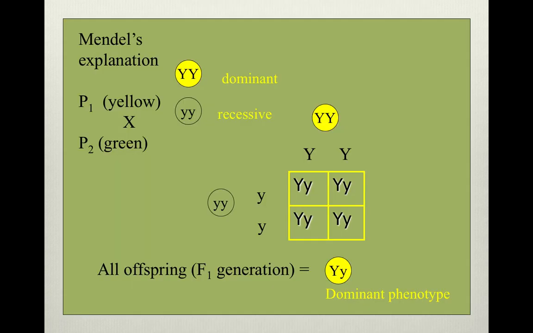And so Mendel's explanation involved Punnett squares, and you have probably done this in high school biology. The idea is that each allele within a cell will independently assort, and from your parents you will get one allele from your mother, one allele from your father, and that will then comprise your genotype. When we have dominance and recessiveness here, yellow is dominant over green. The phenotype of that F1 generation is going to be dominant, though the genotype is not. The genotype is heterozygous with that recessive allele being masked.